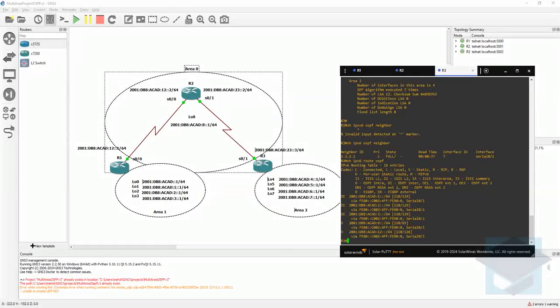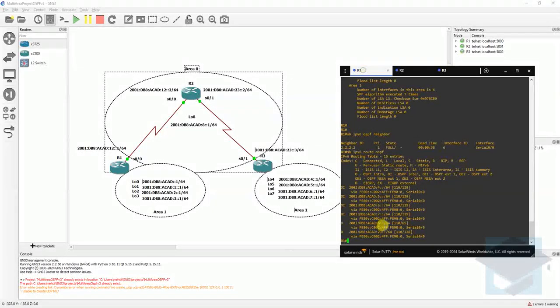Now in OSPF we have something called the IPv6 OSPF database. In order to see the OSPF database, we are going to issue the command show IPv6 OSPF database. That I'm going to run in R1. So I'm going to do a show IPv6 OSPF database,